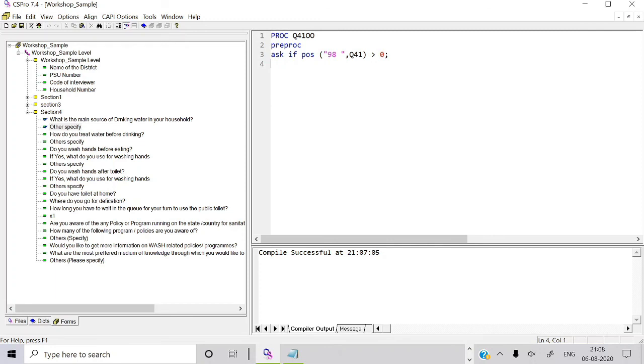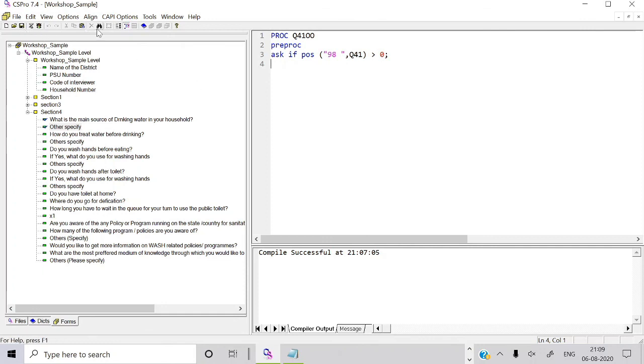You have to be very clear about how the programming works, and as a data manager, a data person, how the data has to come over. Everything you have to think about first: what kind of validation, what kind of data, what kind of analysis I am going to do. Accordingly you have to declare the dictionary, declare the variables, declare all those validations, and everything has to be carried out. So this is CSPro programming.